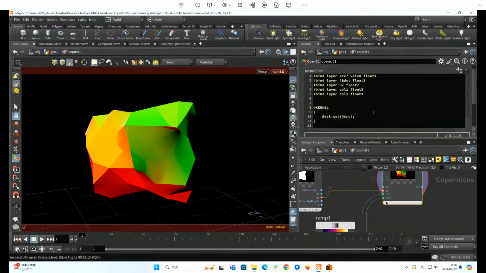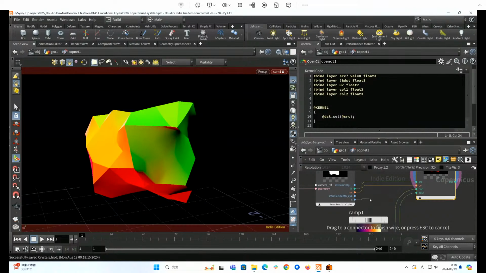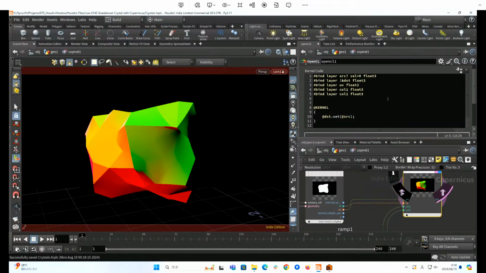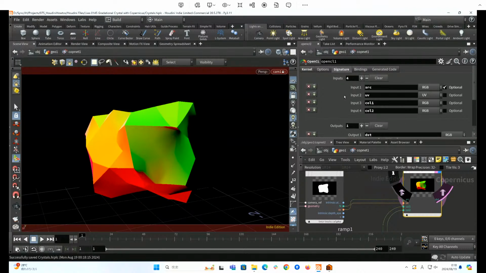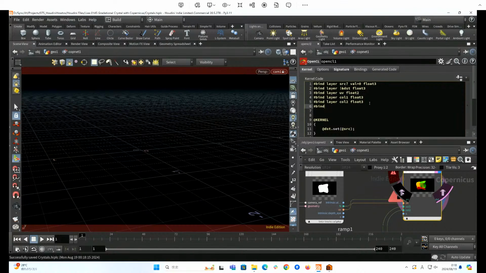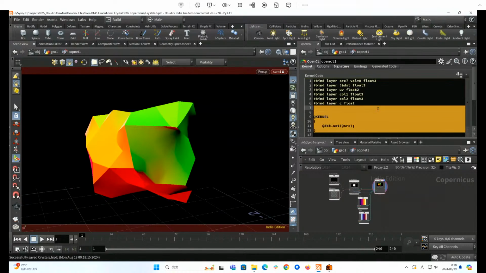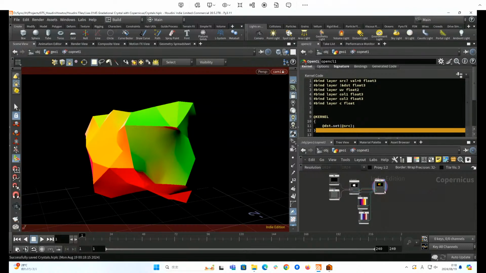Now let's try to show the first gradient value. Oh, actually I need to input the C value as well. So let's create an additional input. C, which is a mono. Bind it. C float. Connect it here. Okay. So